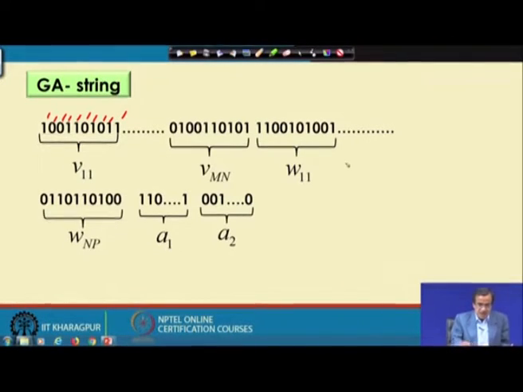So, for these design variables we will have to assign some bits, and the topology, which is decided by the number of layers, the number of hidden layers, and the number of neurons in the hidden layers, is going to decide what should be the total number of connecting weights. And if you use more than one hidden layer, there could be a few more things, like the coefficient of the transfer function. So, the number of variables is going to increase like anything.